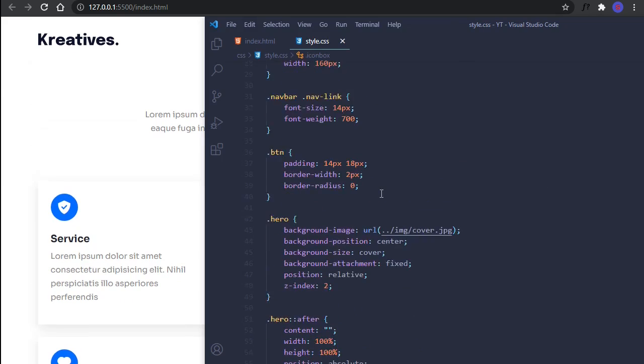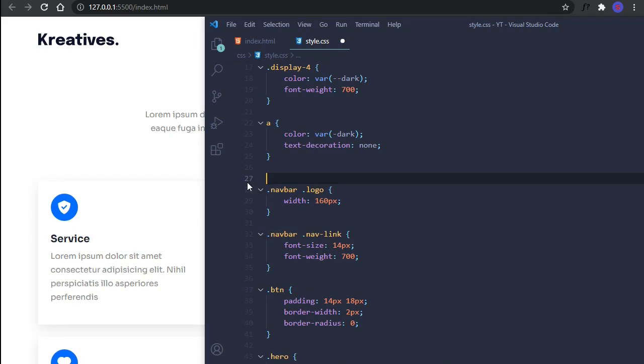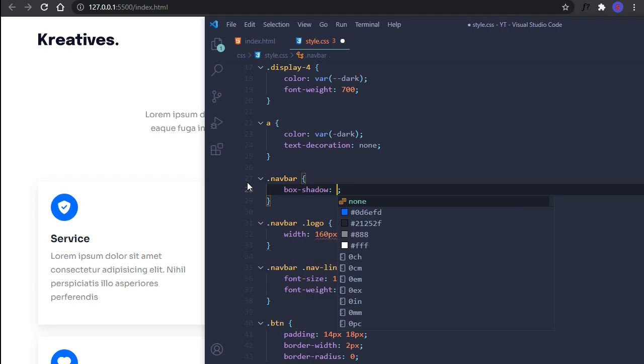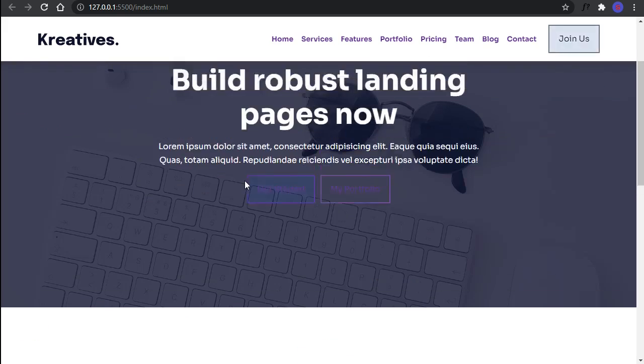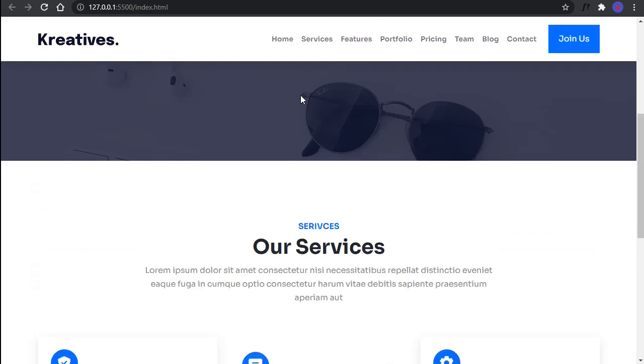So for that I'm going to go to the navigation bar. Okay, I'm going to give the box shadow to be variable, box shadow. I'm going to save it. So as you can see, we have some space. Okay,